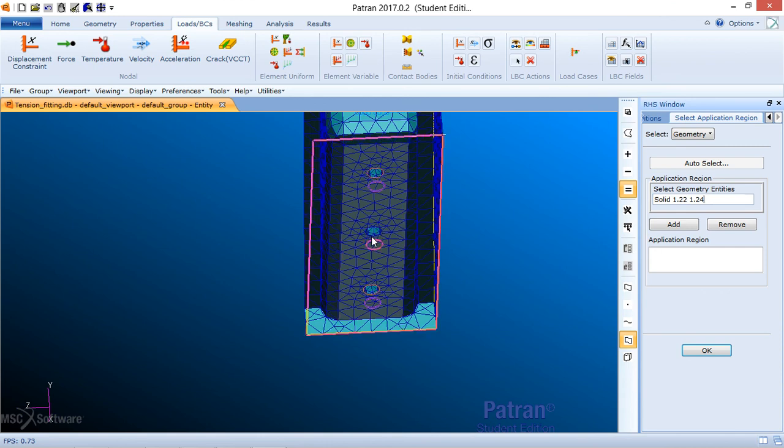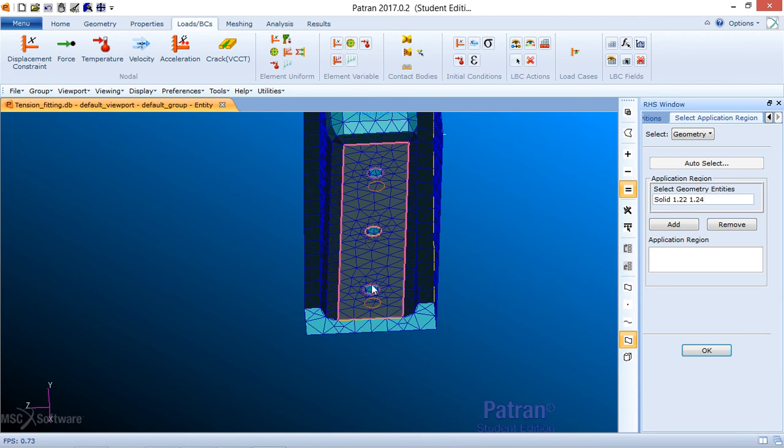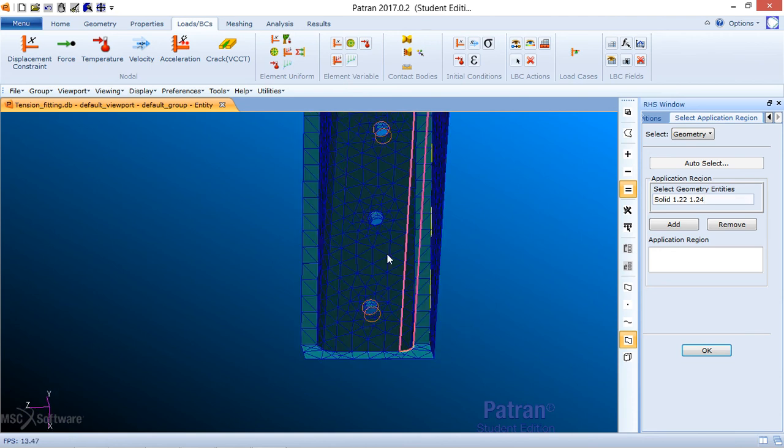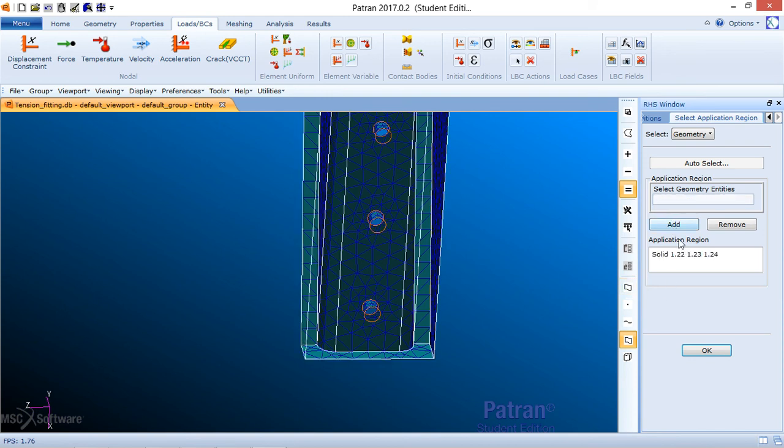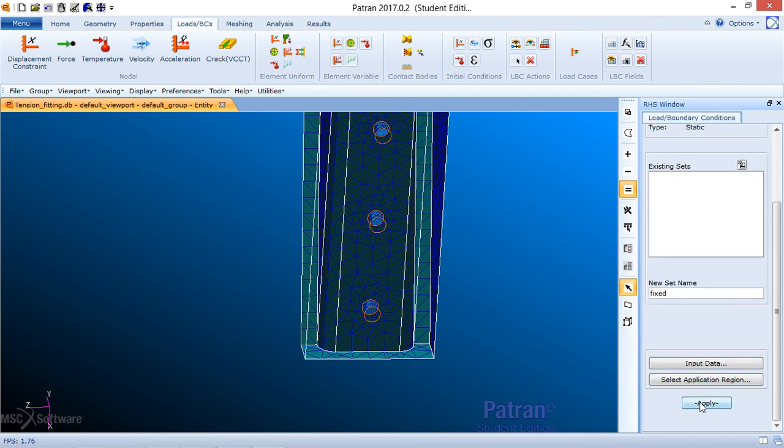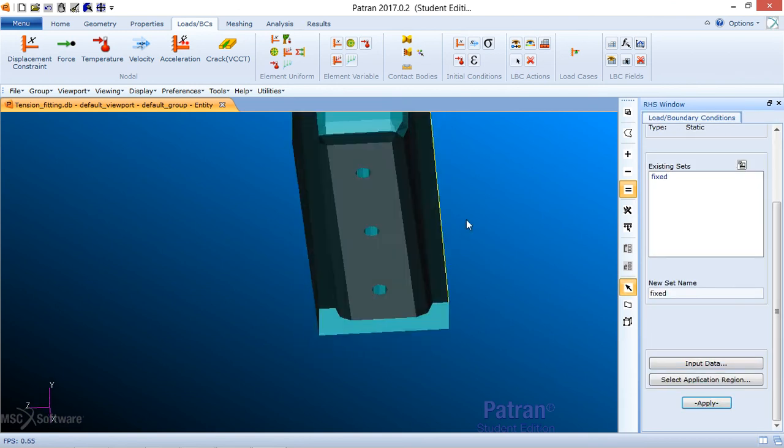No, I don't want the cylinder. Why can't I choose the cylinder? Just the cylinder. There you are. Then we click on Add, and there add our constraint of displacement. Then we click OK and Apply. There is our fixed